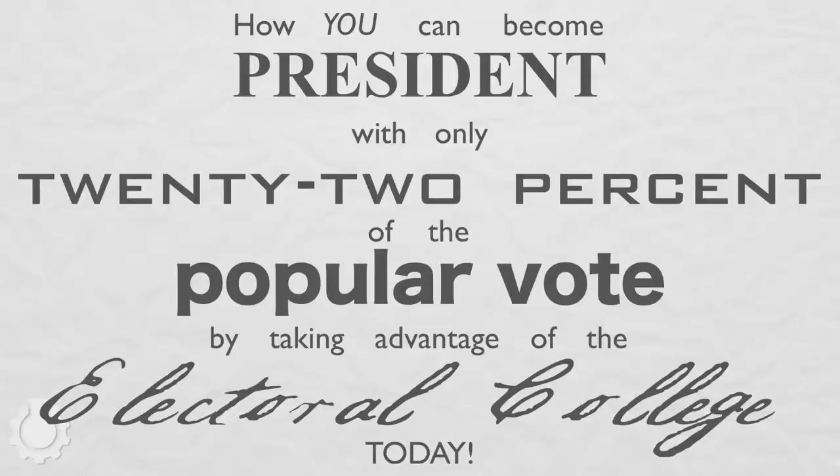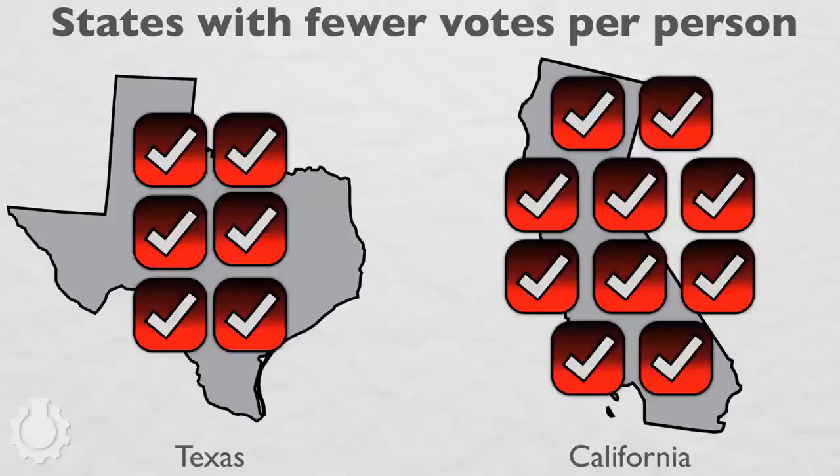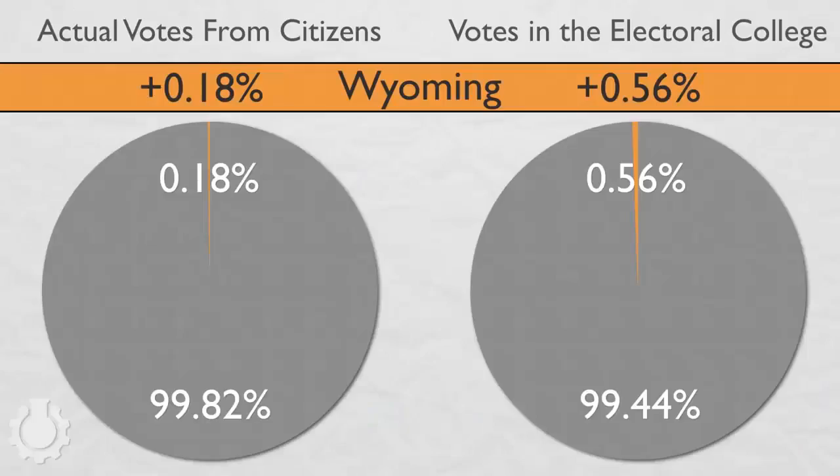Don't believe that's possible in a democracy? Just watch. Here's the action plan. Win the votes of the people who count the most and ignore the people who count the least. Start with Wyoming, the state where 0.18% of Americans live, but who get 0.56% of the Electoral College votes for president. And because it's a winner-take-all system, you don't need all of them to vote for you, just half plus